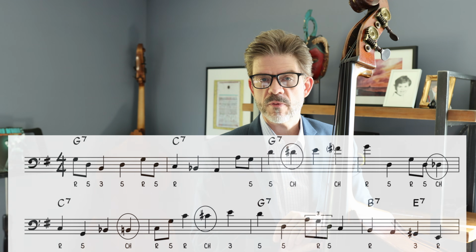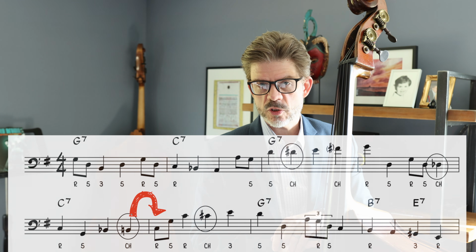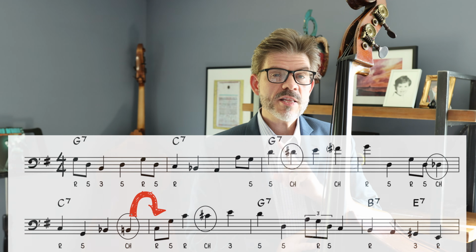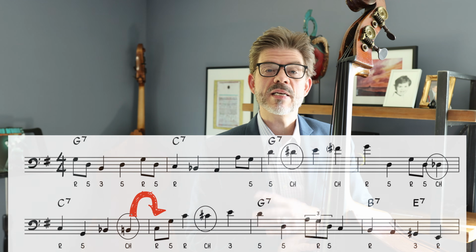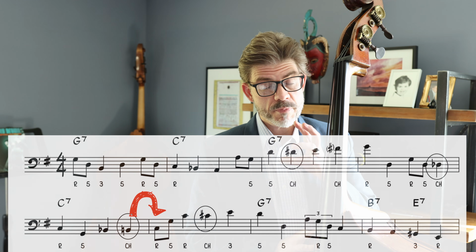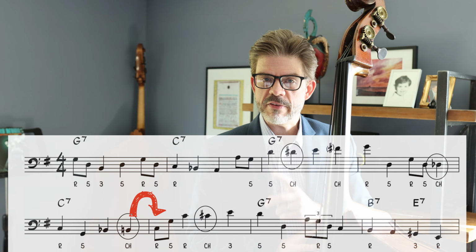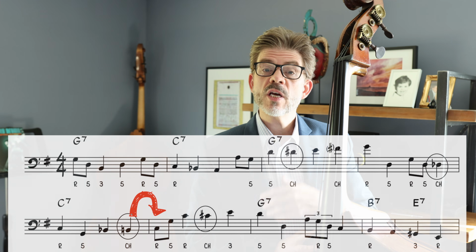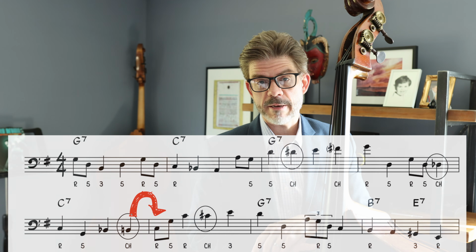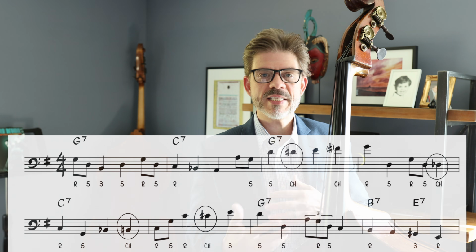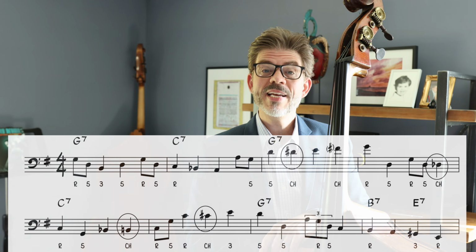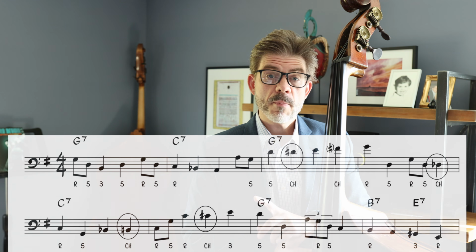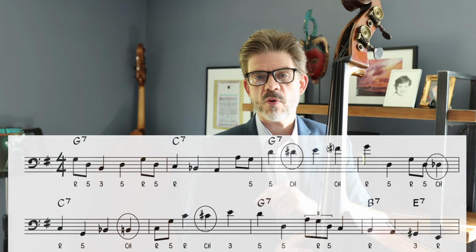Now, why am I calling that a chromatic approach note when B natural is in the key of C major? Well, in the blues form, technically this would be a dominant chord. And so the B that occurs on this chord is actually B flat. So B is not in the chord, and so is an approach note to the following root, the following C. We'll discuss 4-part chords, dominant sevenths, major sevenths, minor sevenths, and so on in other videos. So yes, that B natural is in C major, but in this context, it is a chromatic approach note back to C.